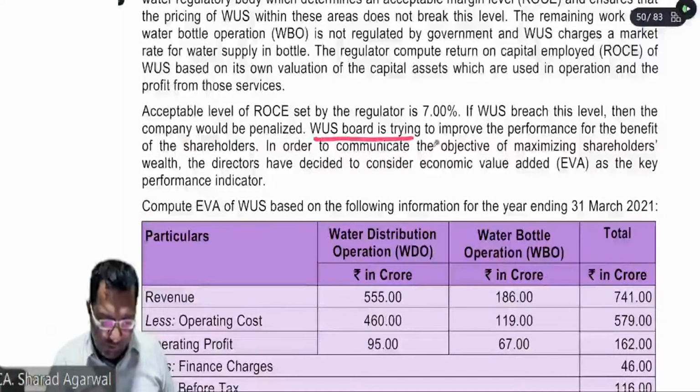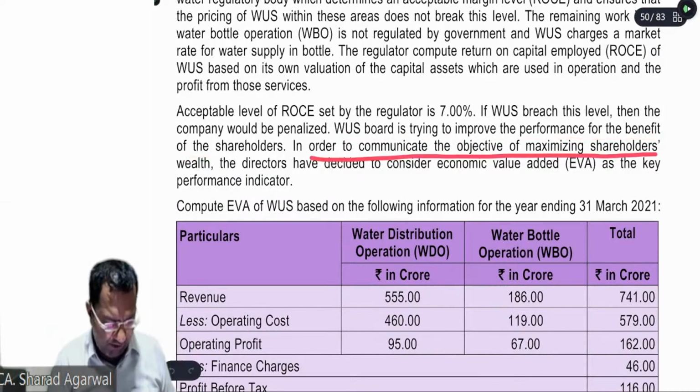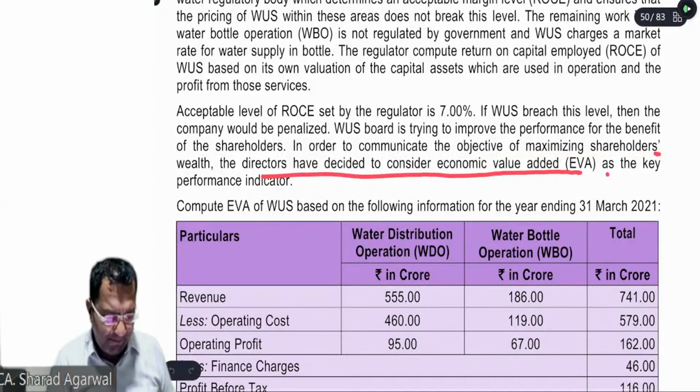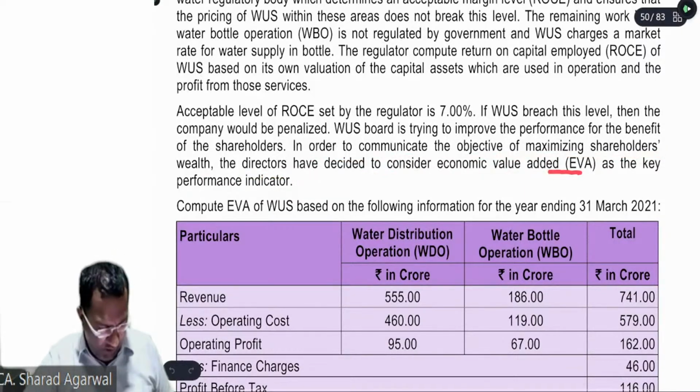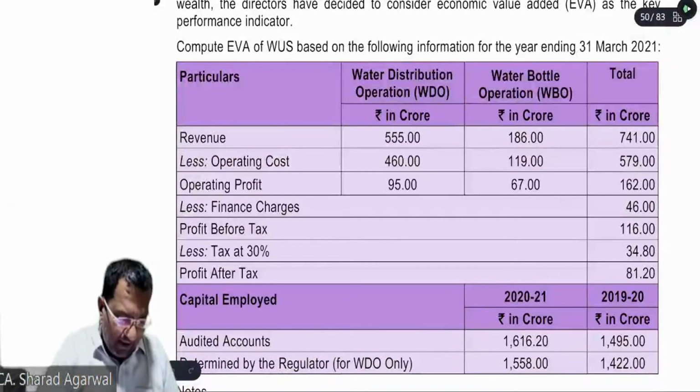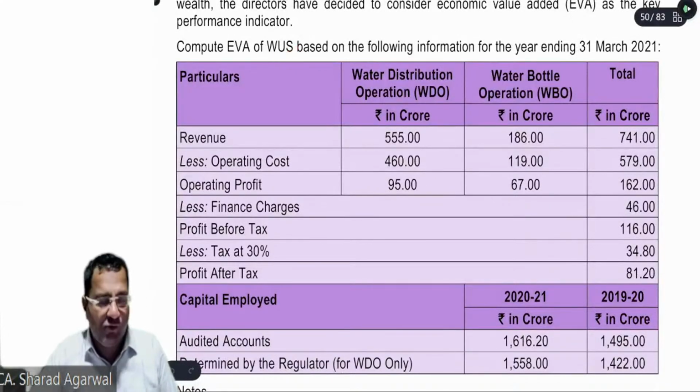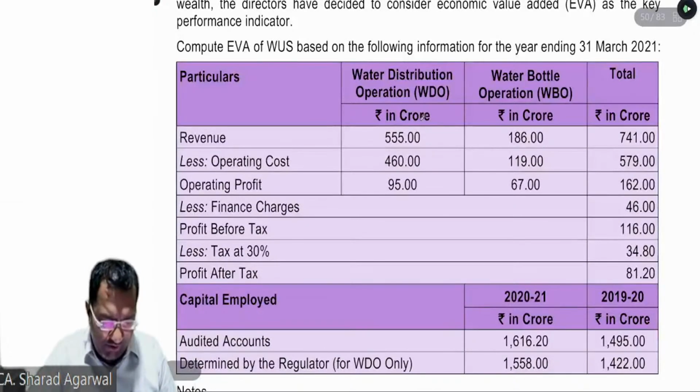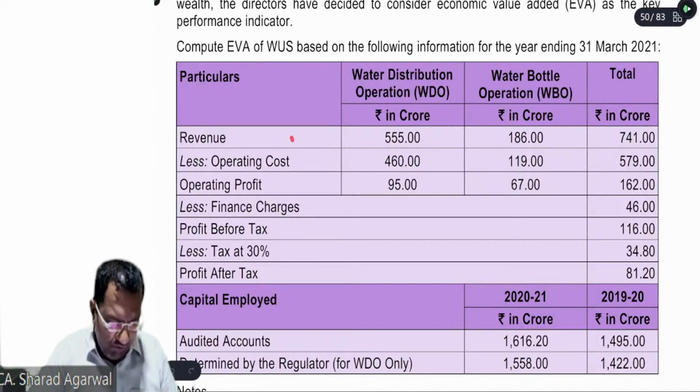Company is trying to improve the performance for the benefit of the shareholder. In order to communicate the objective of maximizing shareholder wealth, the directors have decided to consider economic value added as the key performance indicator. Okay. So हमें ईवीए निकालना है अपने बिजनेस का, पूरे कंपनी का ना, ईवीए कोई एक पर्टिकुलर बिजनेस का नहीं, पूरे कंपनी के लिए ईवीए निकालना है. दो बिजनेस हमारे पास, वाटर डिस्ट्रीब्यूशन ऑपरेशन, वाटर बॉटल ऑपरेशन. ओके, रेवेन्यू गिवन, ऑपरेटिंग कॉस्ट गिवन, ऑपरेटिंग प्रॉफिट गिवन, फाइनेंस चार्जेस ऐसा दिया हुआ है, ऑडिटेड अकाउंट